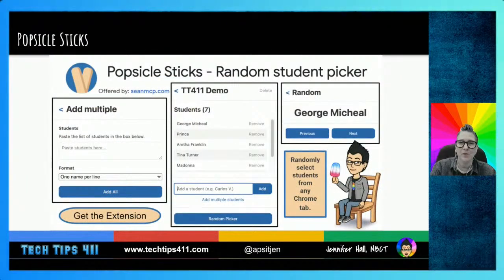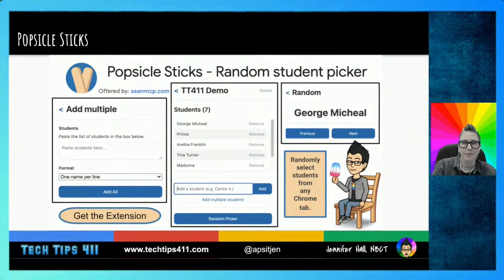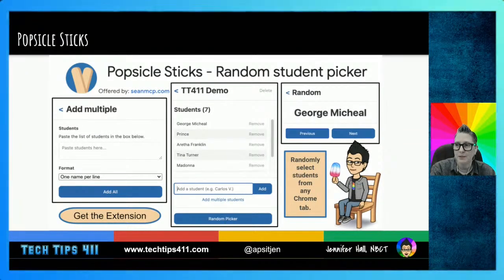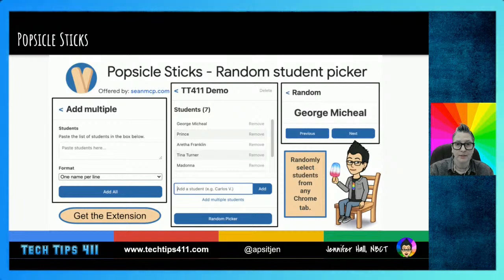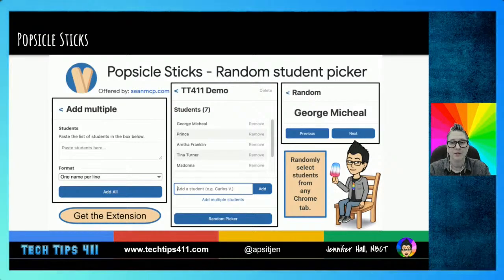This is one that I found during the pandemic distance learning time, and this is a Popsicle Sticks random student picker. This is pretty cool because it allows you to create a list of names and have it right there in your Chrome browser. So it doesn't matter what tool you're using. If you were doing a Nearpod lesson and wanted to call on students because you were face-to-face, or you were doing an activity and just wanted to do a random call. I know there are options, like if you're using Google Classroom, you can use the mobile app, but it's nice that you can create